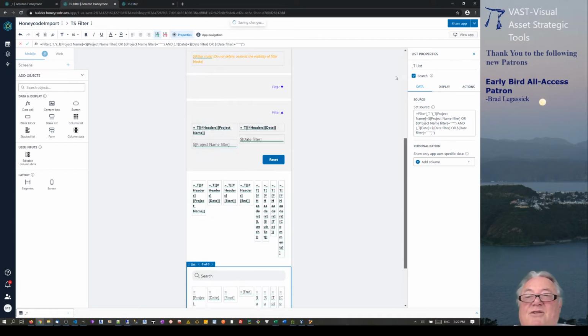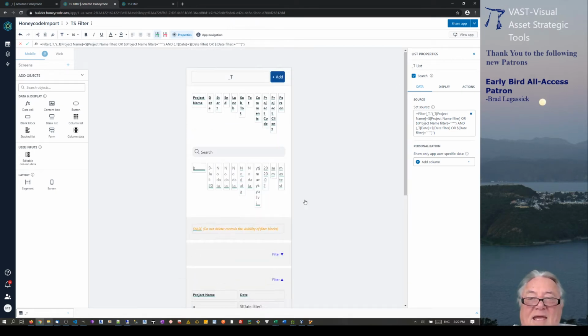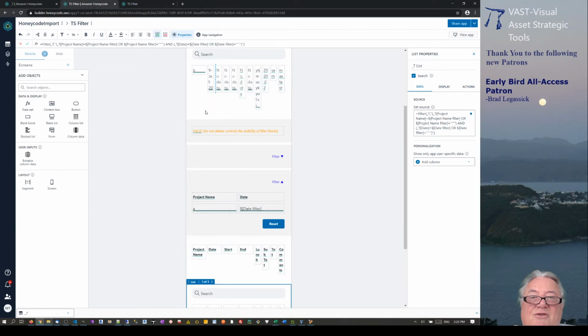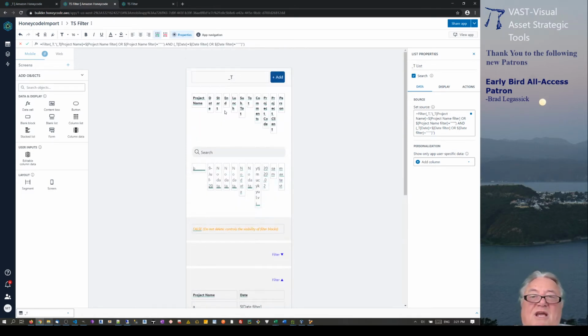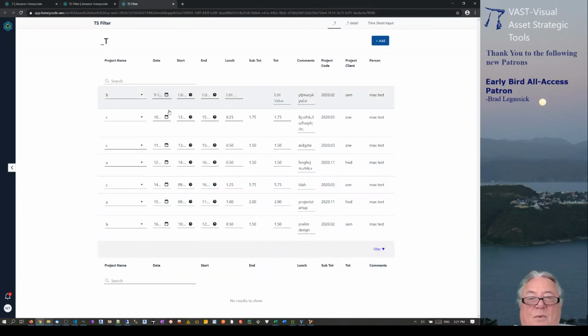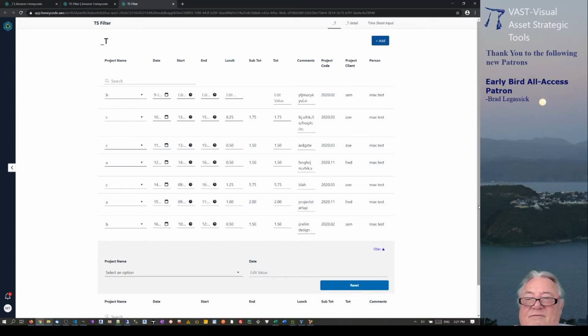So here's my original app, and here's this other little interface. Now it's got this thing saying, don't do anything about that one, so leave it alone. And then it's got these two filter boxes through here, and then it's got basically pretty much the same sort of table as what's up here. So now let's just go and look at that. When we look at that, you'll see that we've just got this filter through here, and nada, nothing shown down here. Now if I just go to click on the filter